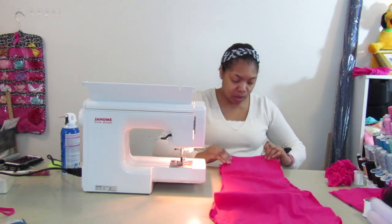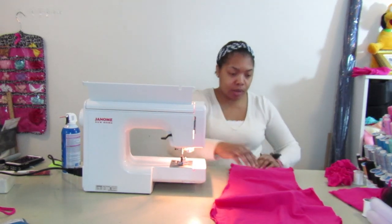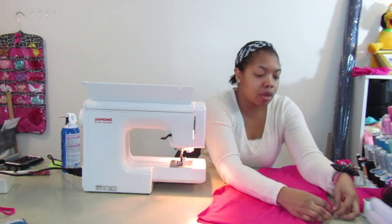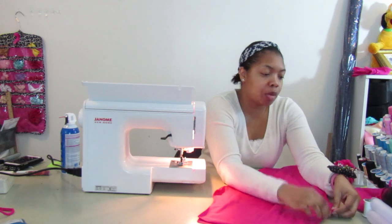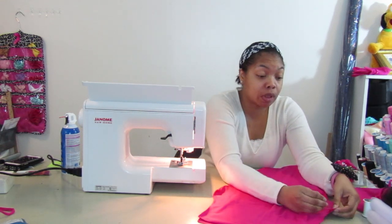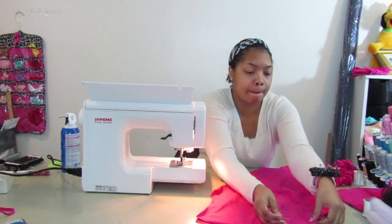I like to even mine out by the bottom. You can do yours at the top, but I also like these pieces to be even as well, because this is what we're going to sew first. So we're just going to pin this part here,